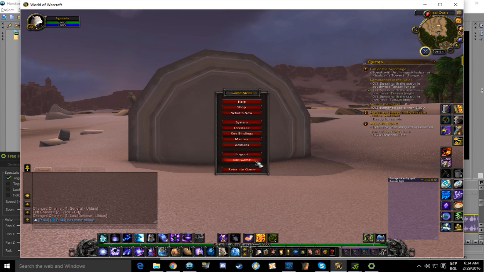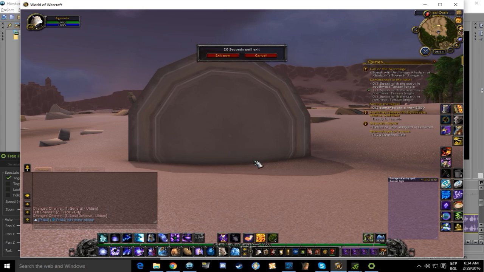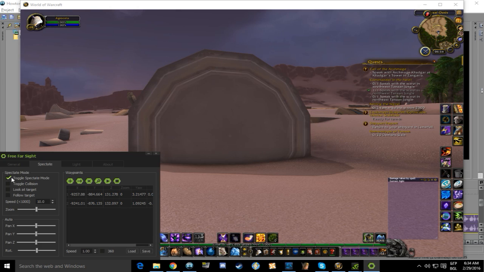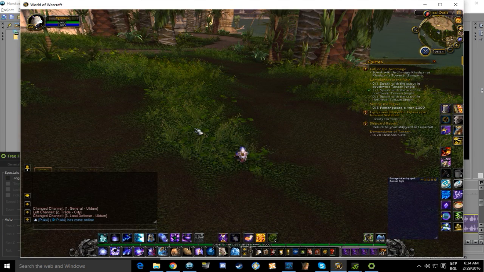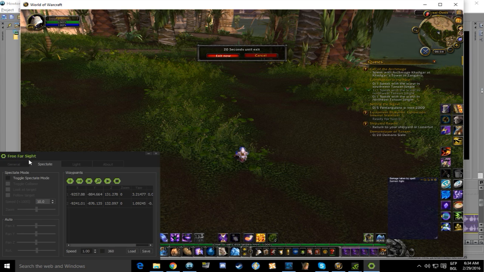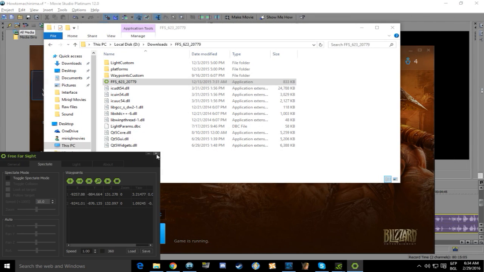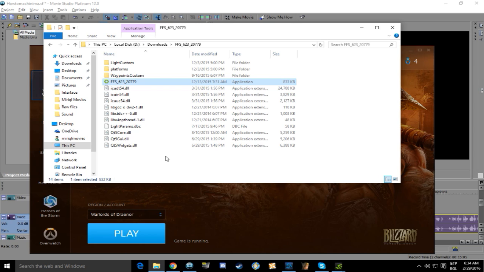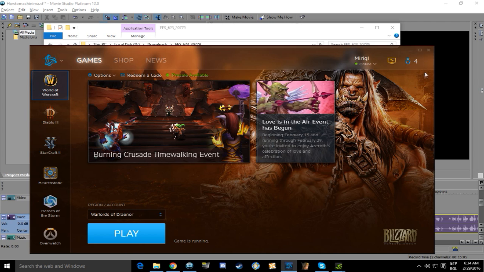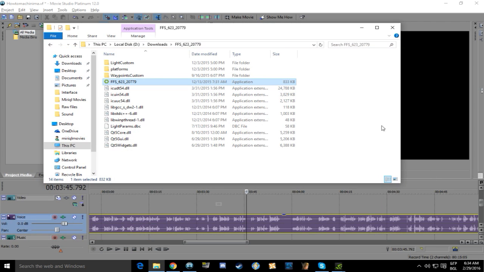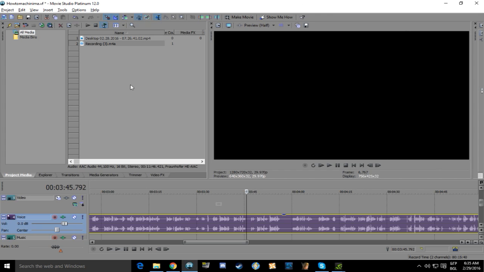We'll stop this. Actually, no. So toggle spectate mouse. We will go back, and then you can exit game. You can close Free Far Side, but we won't be using that anymore. And this is how you